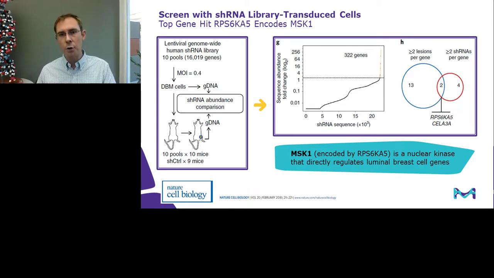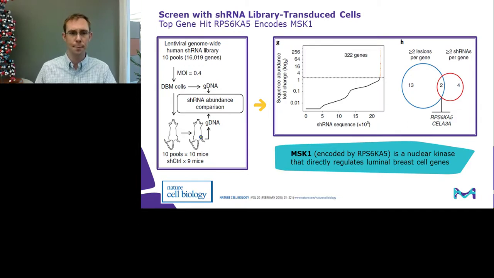So genes that were known to regulate proliferation and apoptosis were excluded from this analysis, and they were left with a list of about 320 genes. From there, only 2 of the candidates were found in at least 2 lesions and with at least 2 independent shRNAs. And the authors chose to follow up on one of these for exploration, and that's the gene that encodes